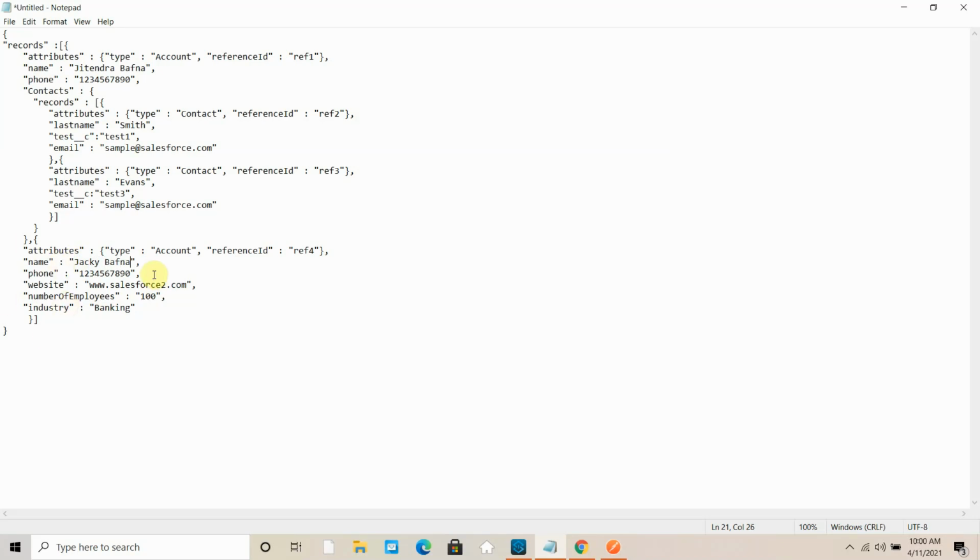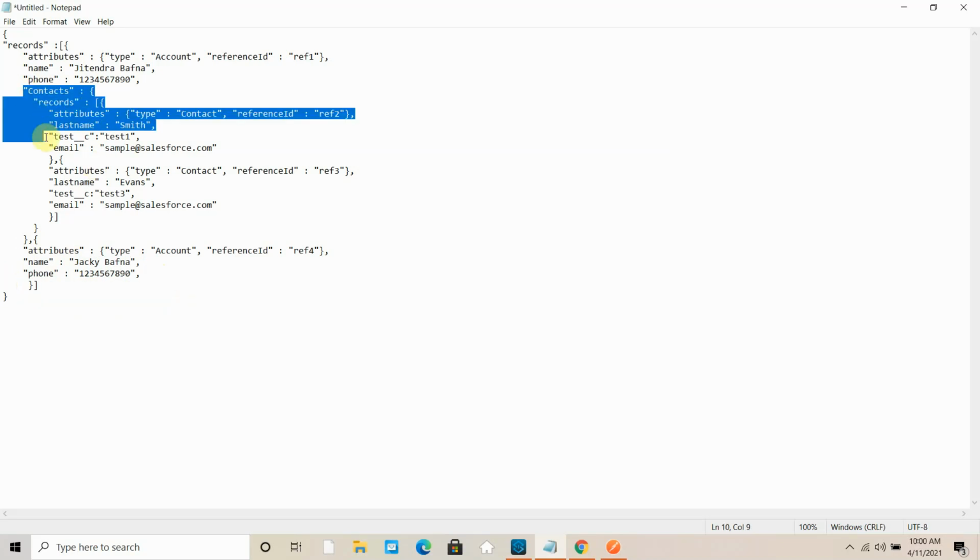Then I want phone, I don't want other data, so I can simply remove it. If I need to add the contact, I can copy this particular thing. Let me check. I want to add a contact, I can copy this, and I can add after this.